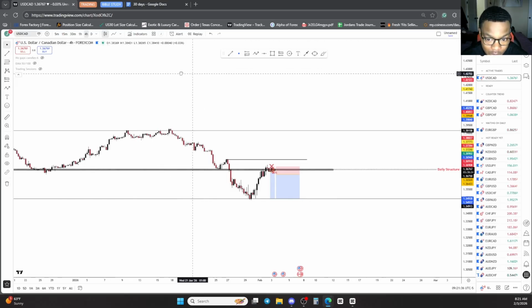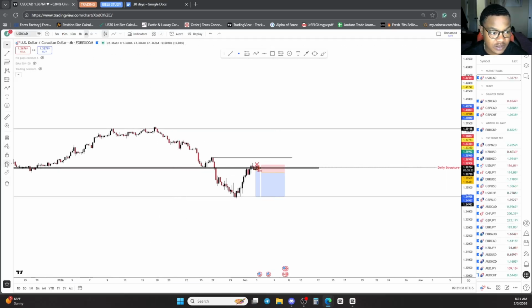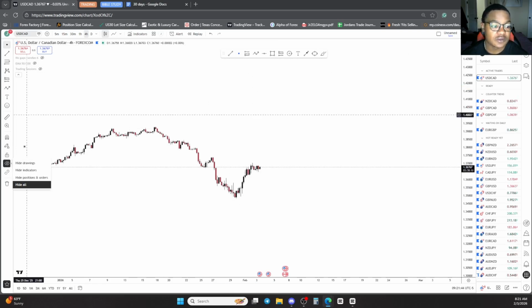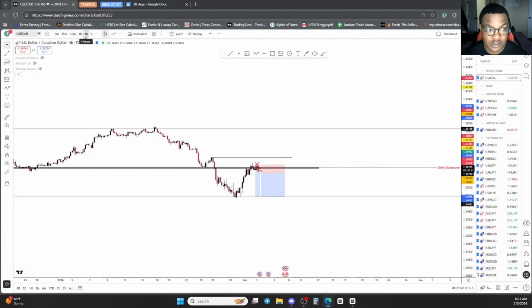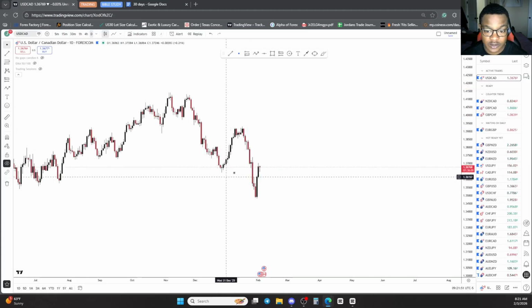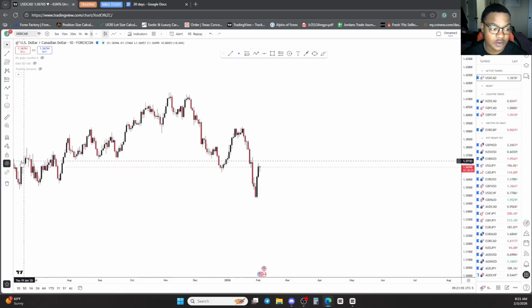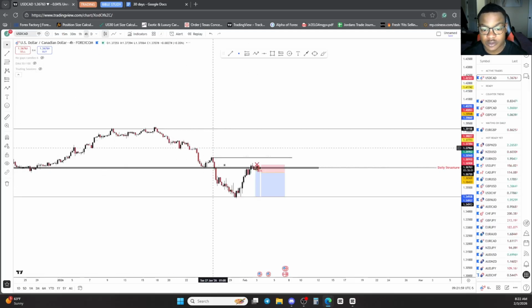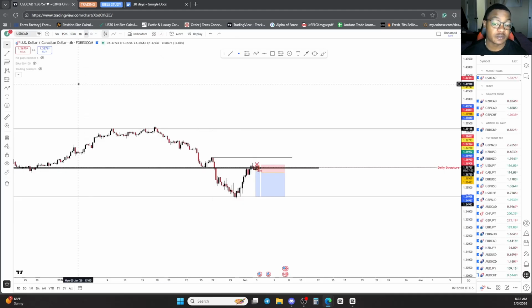So now what I'm seeing is, look at this. We take the drawings away. We still see price treating this floor as resistance, which is good. And on top of that, if we go towards the daily time frame, we still see price, if I take this away again, playing around at this floor slash resistance. We're still bearish overall on the daily, still bearish overall on the 4 hour until we break these lower highs, which means this setup is still valid.